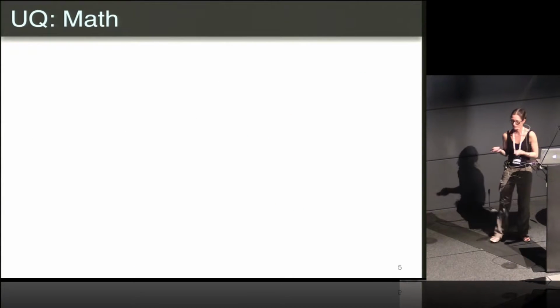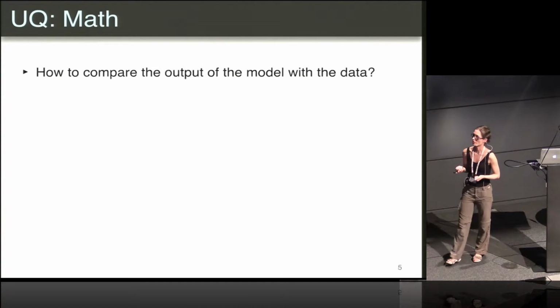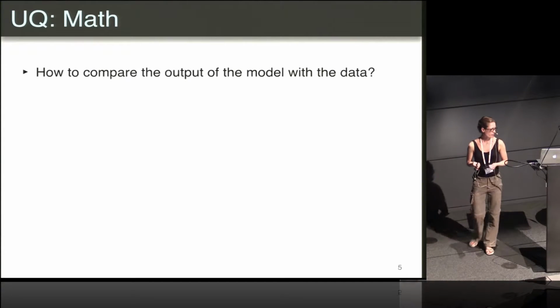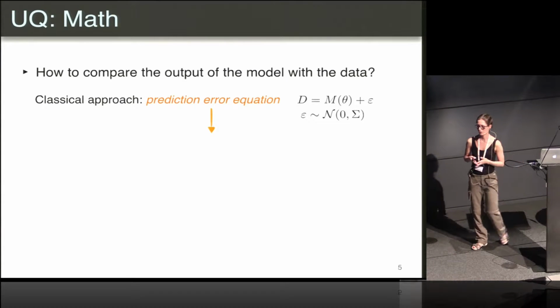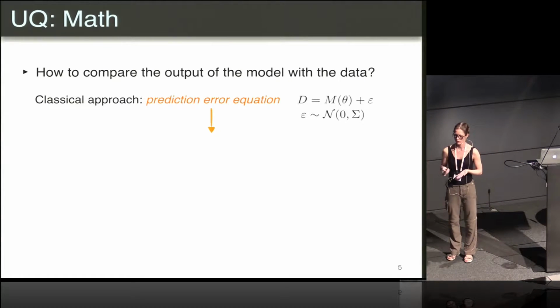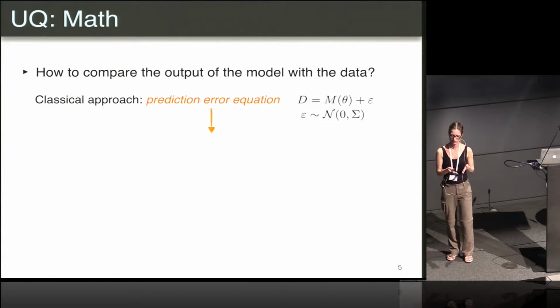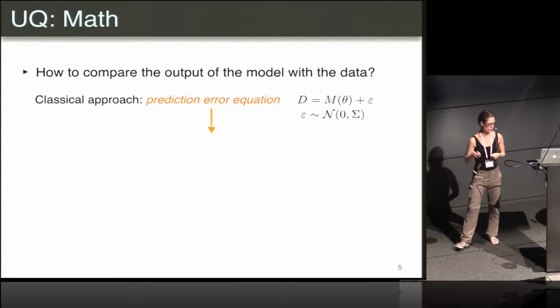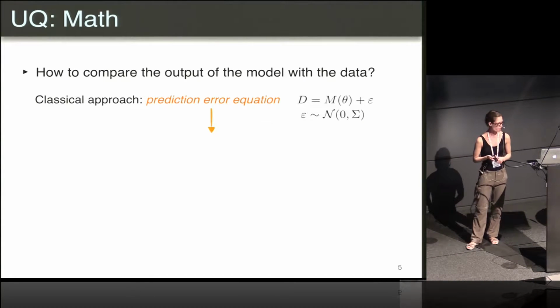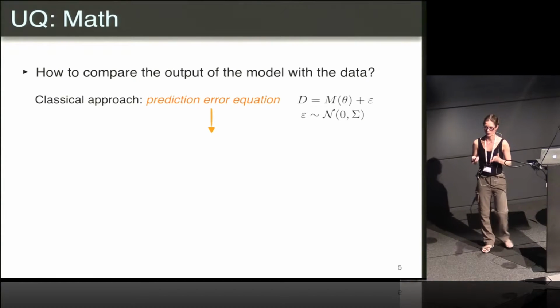So how exactly do we compare the data to the output? There is a classical way. The classical approach is to formulate a so-called prediction error equation, which will connect the data with the output of the model using some noise term. Usually it's an additive noise term with a Gaussian distribution, which is written on the slide. So after you formulated the equation,